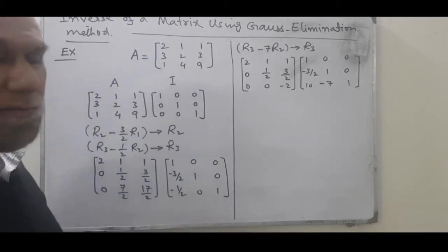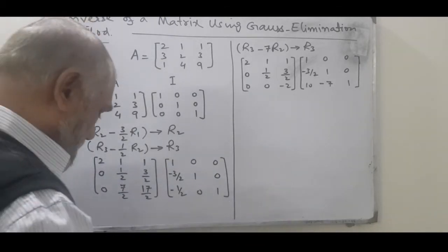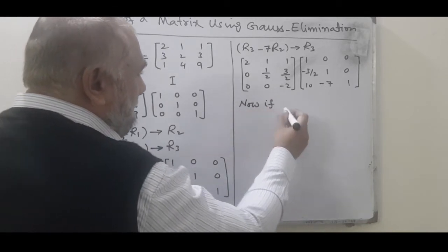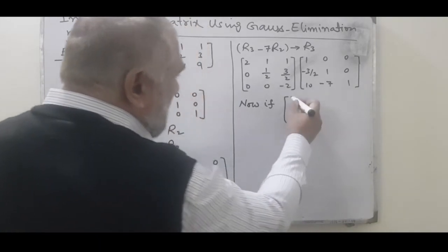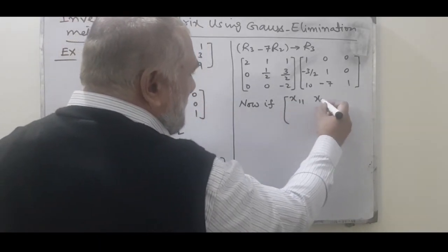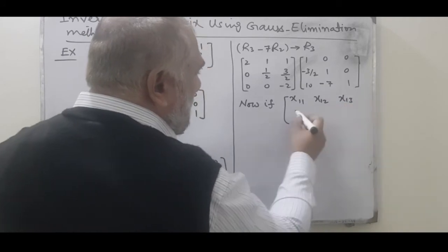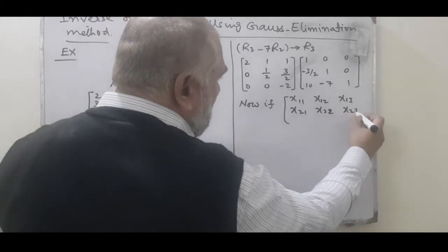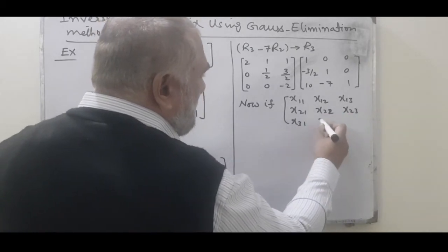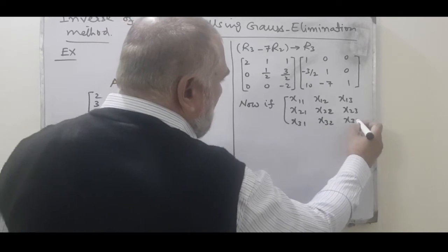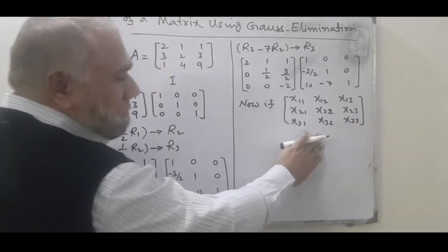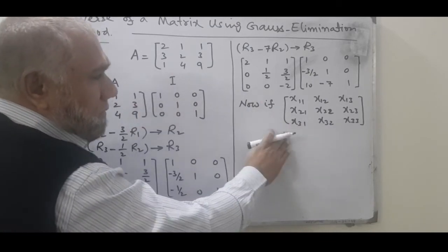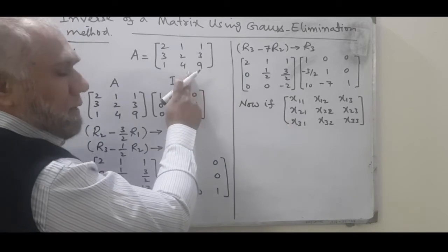Now, after reaching this level, we have to make a turn here. And the turn is, we are making an assumption. We assume another matrix, say x11, x12, x13, x21, x22, and x23, x31, x32, and x33. The order of this matrix is the same as that of your original matrix A. Now, if this matrix is the inverse of this matrix A,